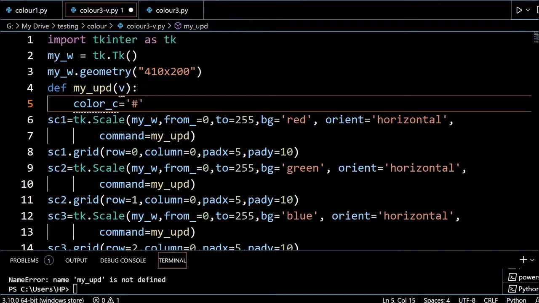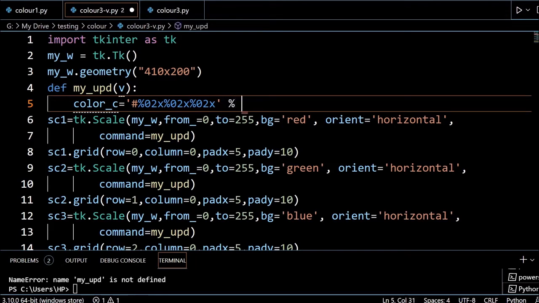Because RGB value will be integrated, from the first digit will be 0 to 255, second one will be 0 to 255, third one also 0 to 255. That we are converting to hex code. So for that formatting I am writing 0 to, now again x, now percentage 0 2, again x, now percentage 0 2, so x. So that's all. Now with that, now I'll give the format.